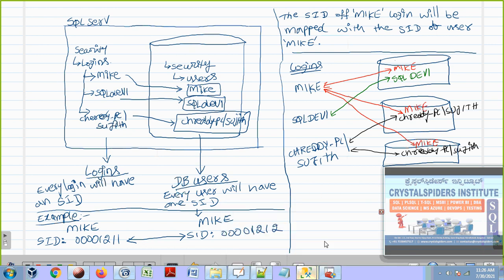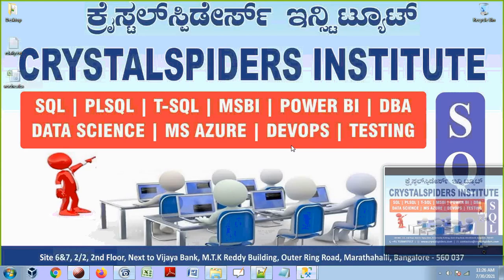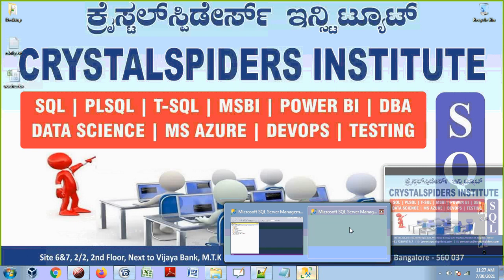Guys, looks like my system is becoming slow here. It is connecting now, just give me a minute. Let it come, and we can test this access for Sujit on the EMP table in that Crystal Spiders 02 database, and then we can wind up the session for today. Tomorrow we'll continue with some more stuff on granting access, and also we can see the server roles. Usually the database administrators will have the sysadmin role, and how to grant access as a sysadmin role.